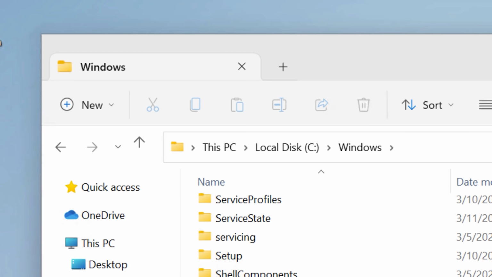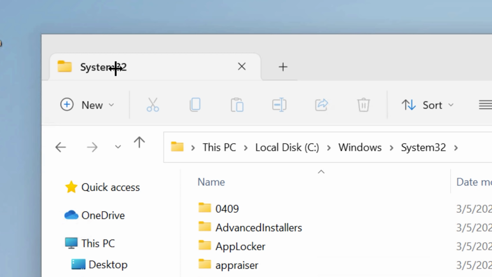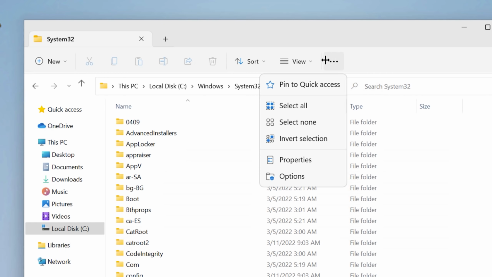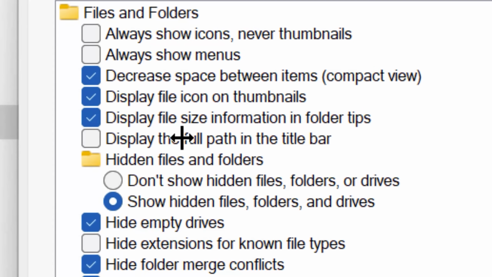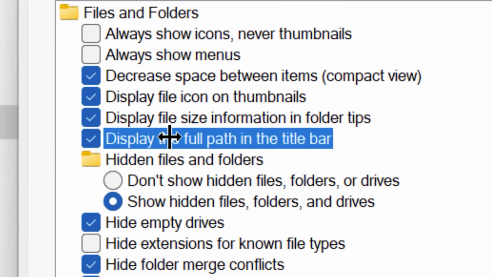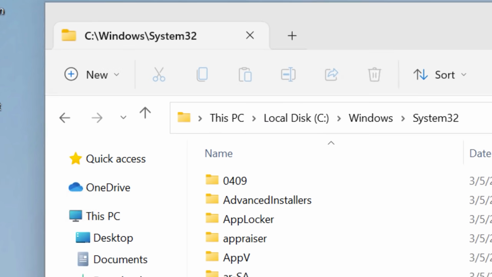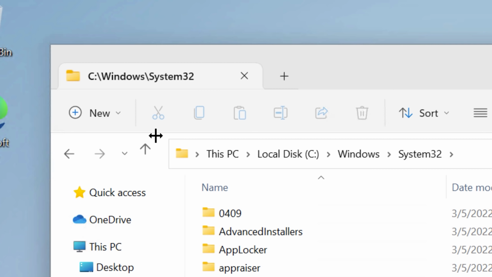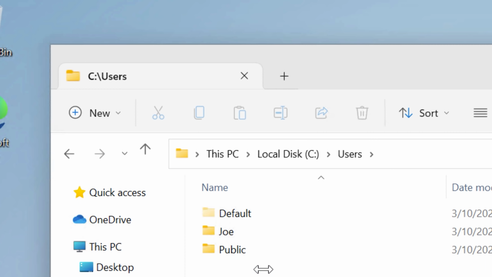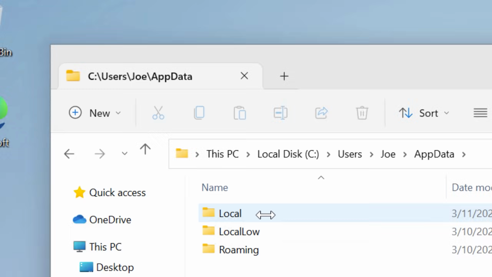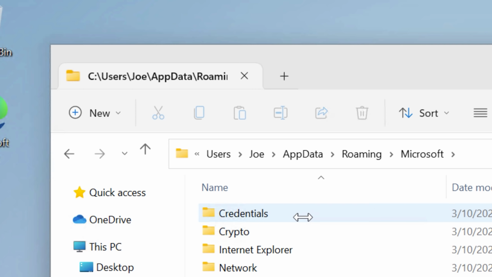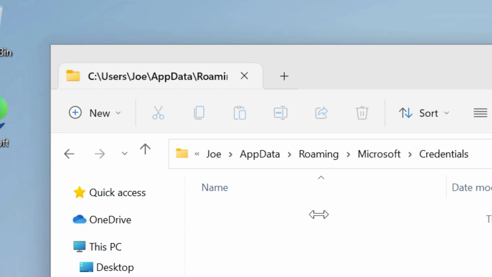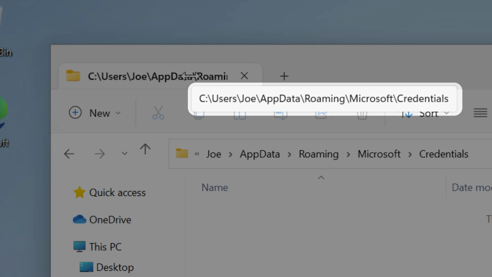It's not done yet. Now, by default, the name of the tab and the title of it will just be the name of the folder you're in, but I did notice something that I haven't seen anyone mention before, which is if you go into the folder settings and enable 'display the full path in the title bar', which is a feature in current Windows, it does actually display the full path in that tab. Though in its current state, if the path is too long, which is probably most of the time, it just kind of cuts off so you can't actually see which folder you're in. I'm assuming they are going to address that though. But if you do hover over the tab, it will show the actual full path.